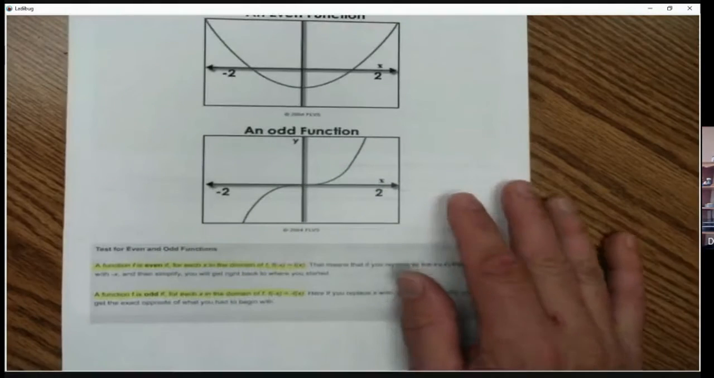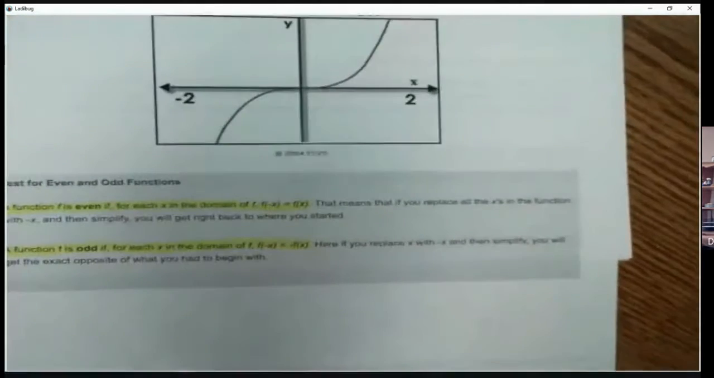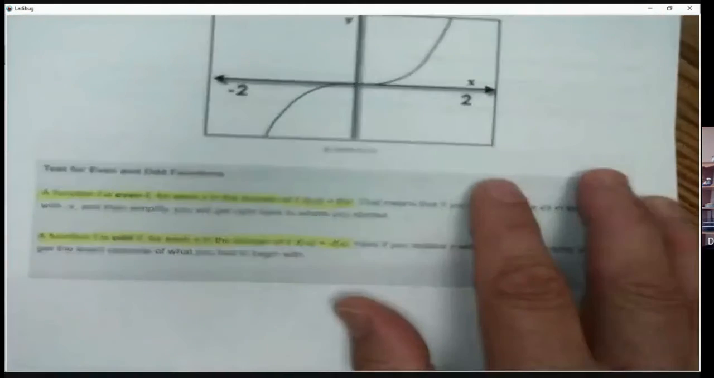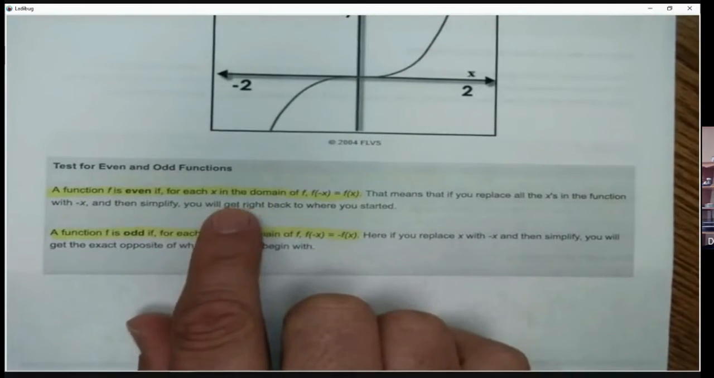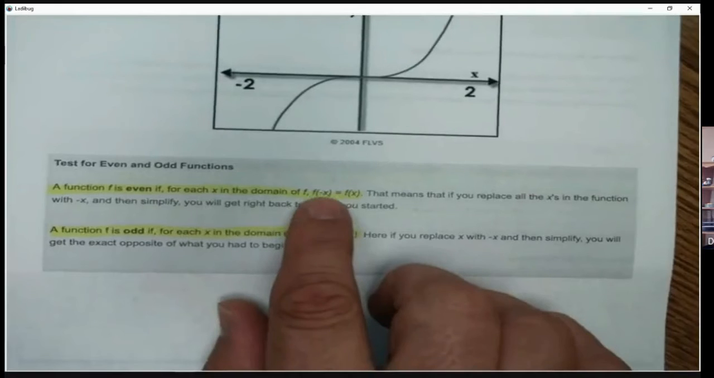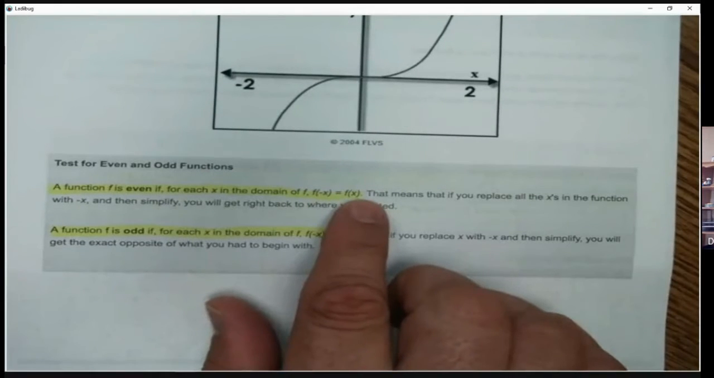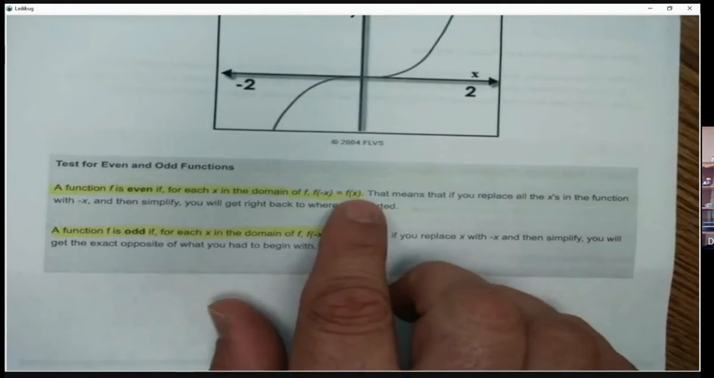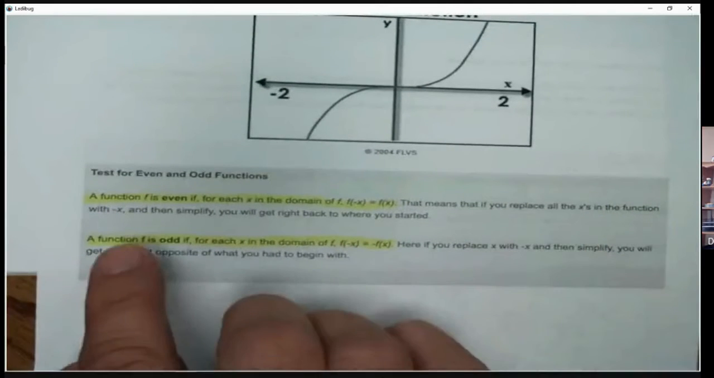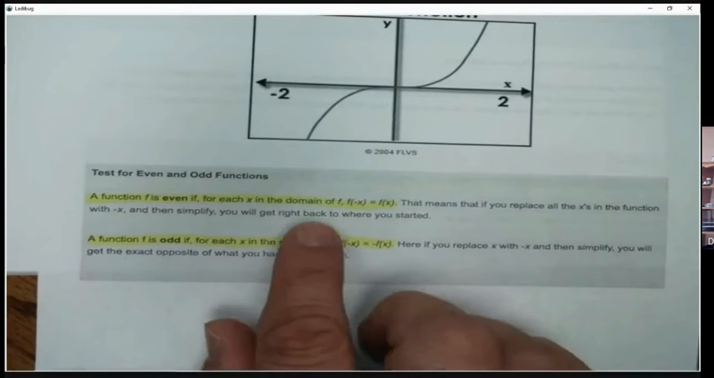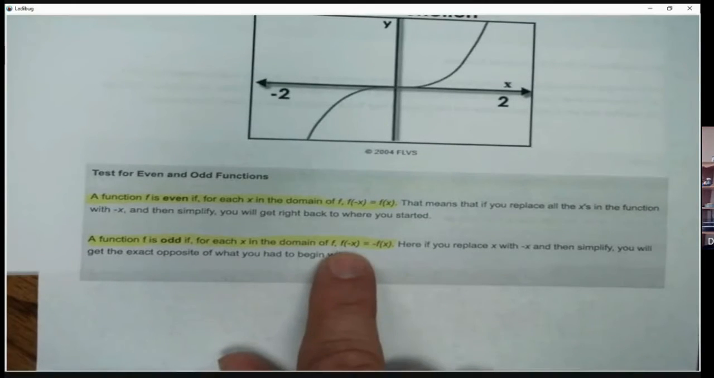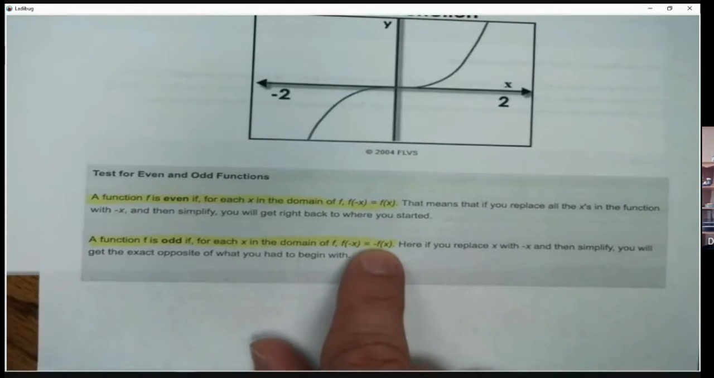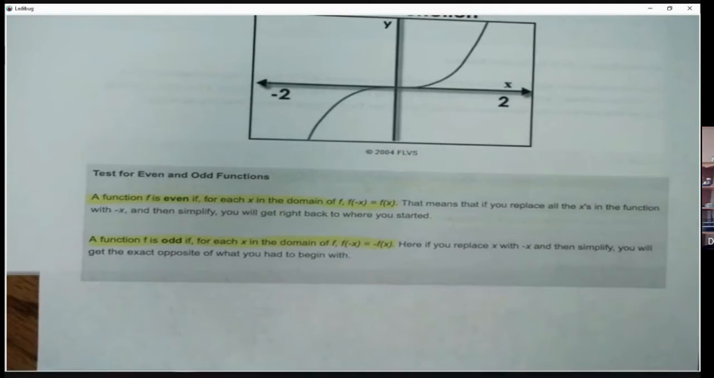And it gives us in our text a test to tell if something's even or odd. All right. So a function f is even if for every x in the domain of f, if you substitute negative x, you end up with the exact same as having positive x. So if you replace all the x's in the function with negative x and simplify it, you'll get right back to where you started. It's odd if you substitute a negative x in there and you end up with negative of what you started with. This is the test. We'll do that. Now let's look